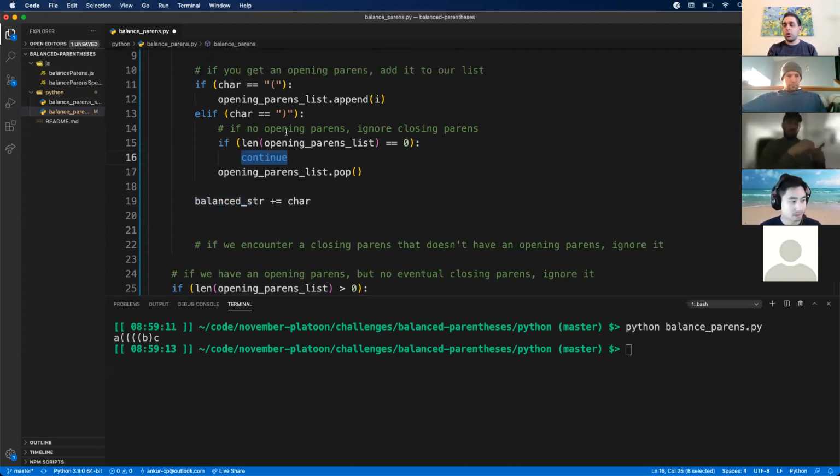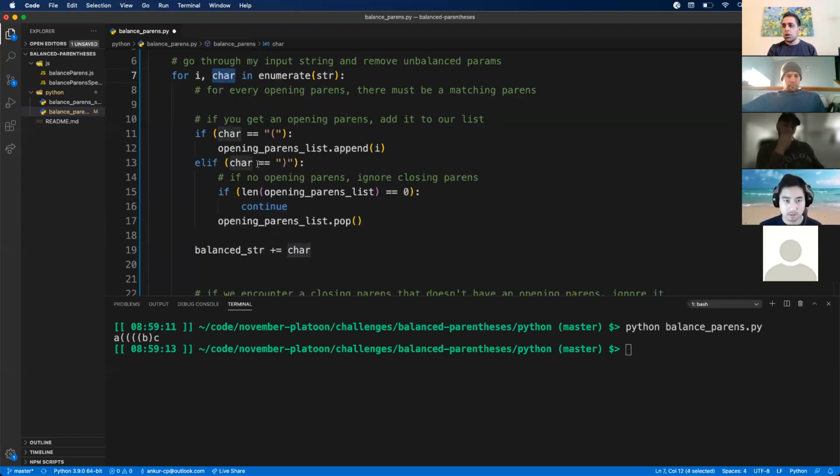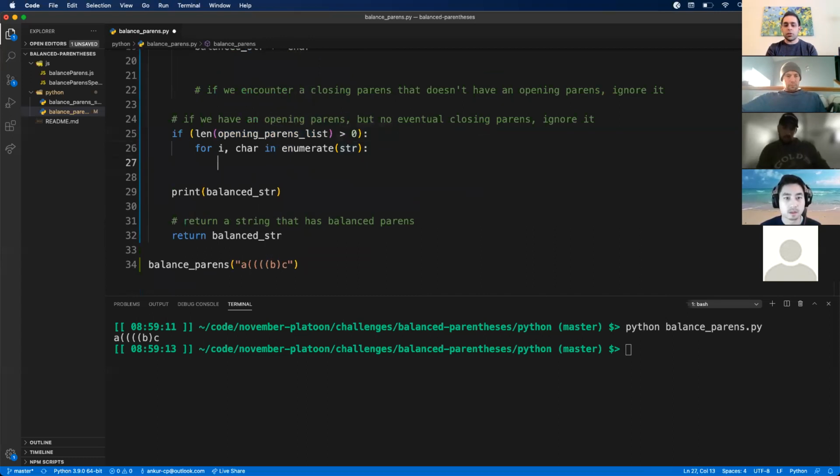So this continue, if you guys are familiar with that, in a for loop, will just say go to the next iteration automatically. It won't continue executing. And that is what we want to do here because we had unmatched closing parentheses. So we just want to ignore it and go to the next character in this case. So considering that I'm storing my original index from my original string, I want to use my original string, loop over that. And I think I'm going to have an if condition that says